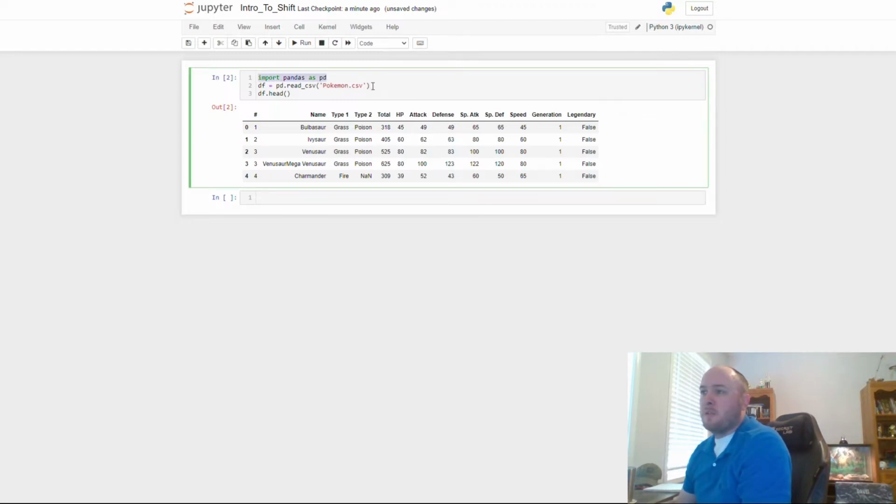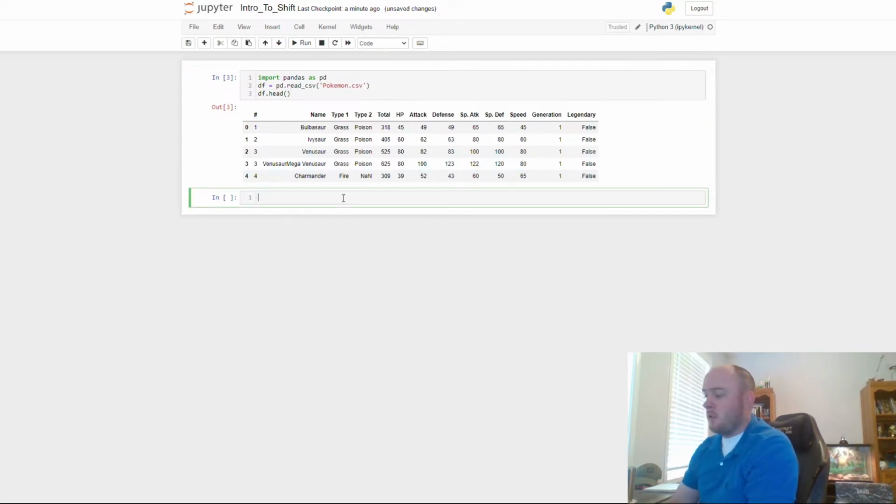So we're going to import Pandas as pd, we're going to import our Pokemon CSV, and we're going to look at the first 5 rows just to make sure everything looks okay. And it does. Okay, so the first thing we're going to do is we're just going to type in df name